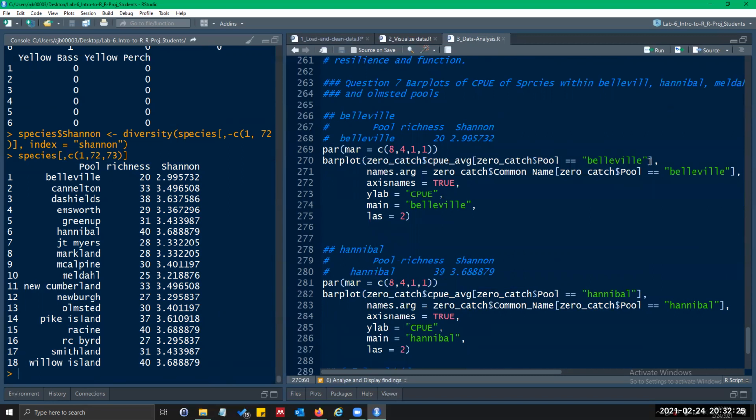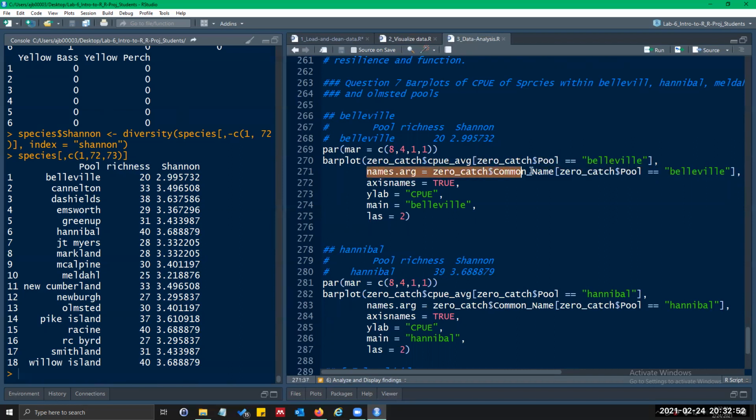And you notice I don't have a column, or a comma rather. That's because I already pulled out the column here, so it's basically a vector. And within a vector, you don't have rows and columns, so you don't need a comma. You just need those rows where the pool is Bellevue.